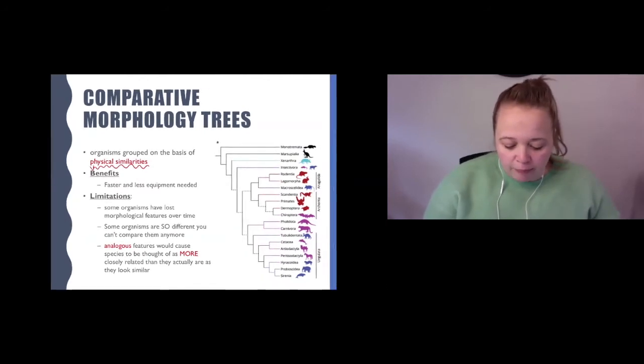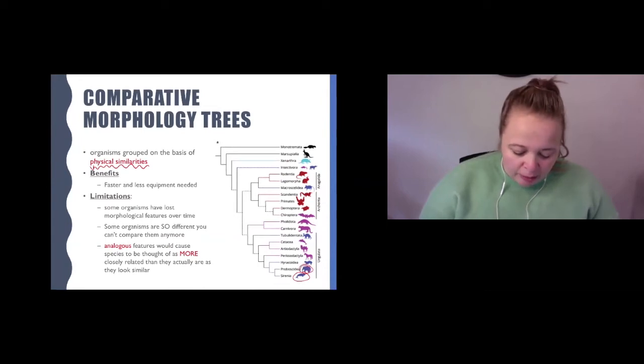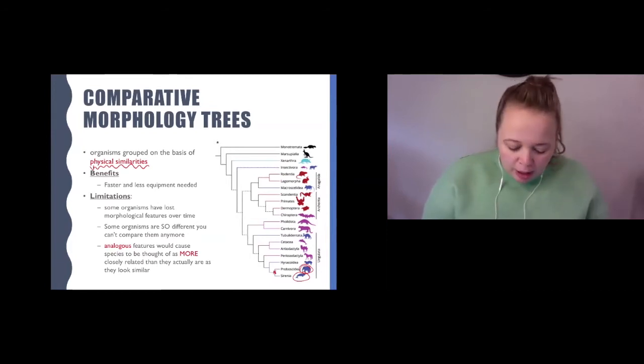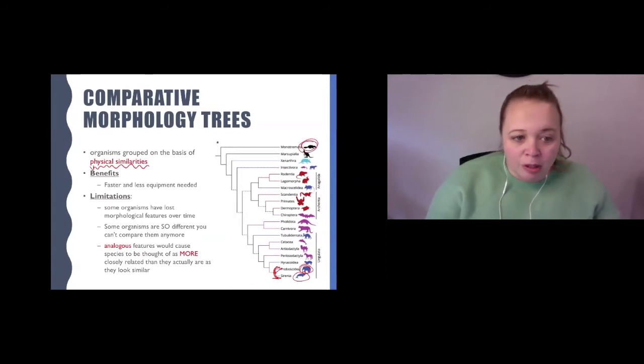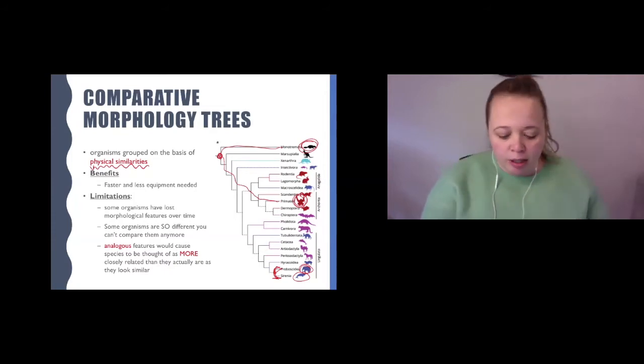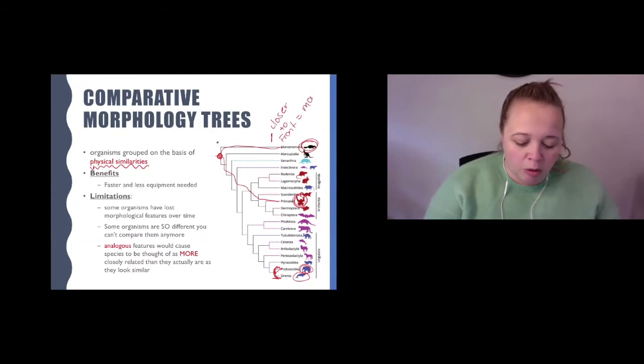We've determined that, say, the sirens, which are things like dugongs, and the elephants here, have the most physical features in common. So therefore we put them very close to each other with this one little branch, down the bottom here. Whereas things like monotremes, which are your platypus, versus the primates, which are your monkeys, diverge from each other all the way back here. So the closer to the front equals a more recent